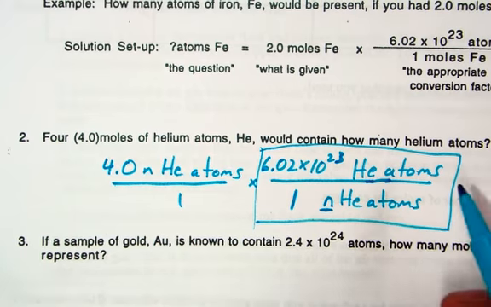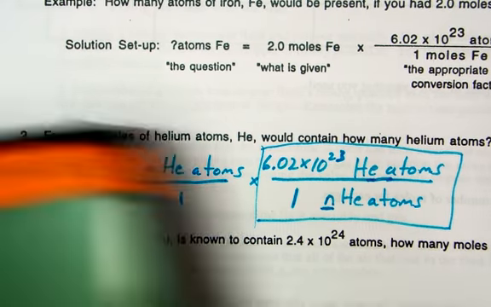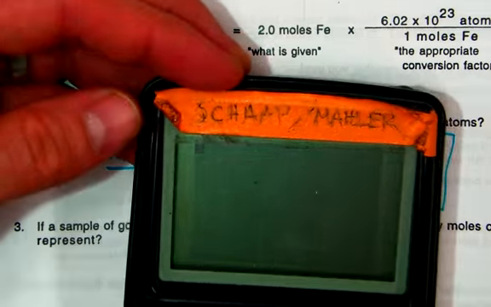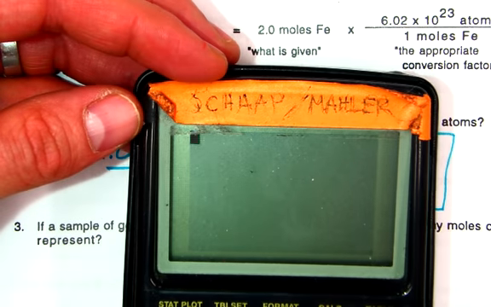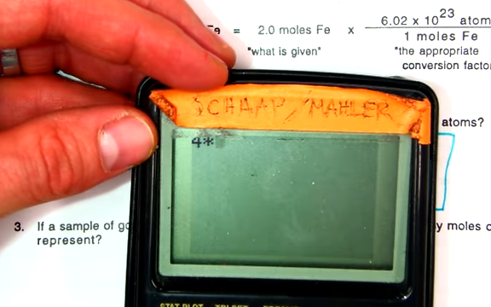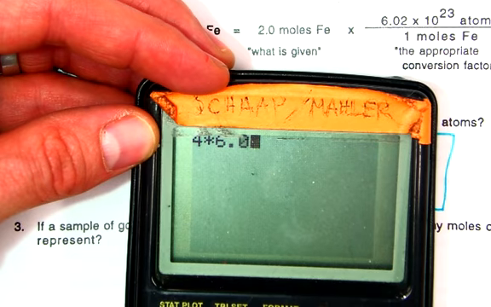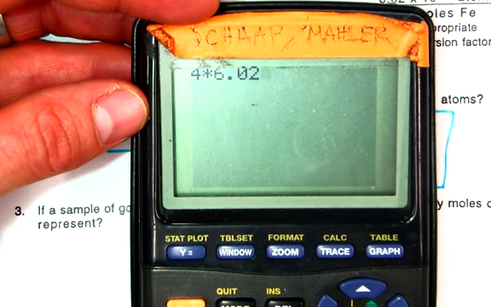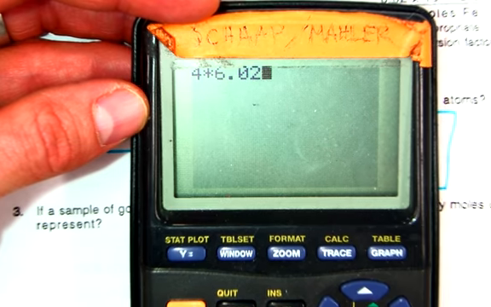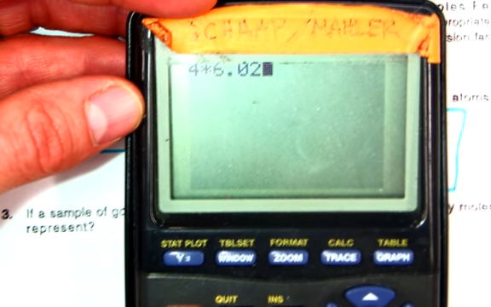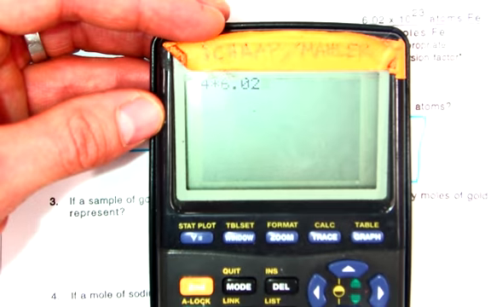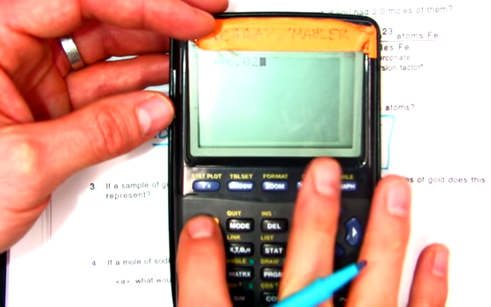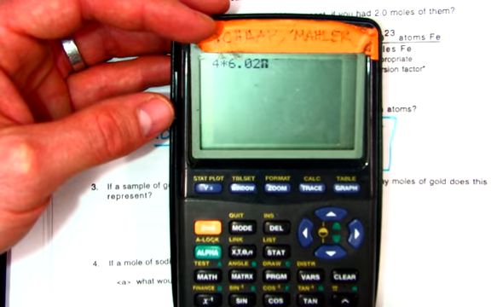Then we just let our calculator do the magic here. On my calculator, as you remember, I try to turn it so you can see it. You type in 4 times 6.02. And then notice I'm going to hit the caret button. Let me zoom out just a hair so you can see my calculator. I want you to see that you don't have to hit times 10 to the 23rd each time. You can simply hit second on my calculator, and then you're going to hit the